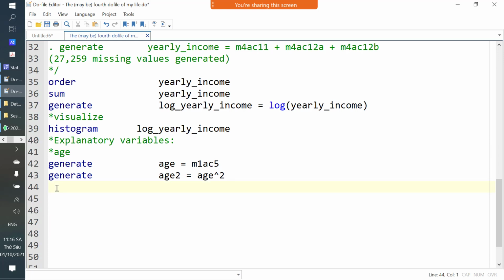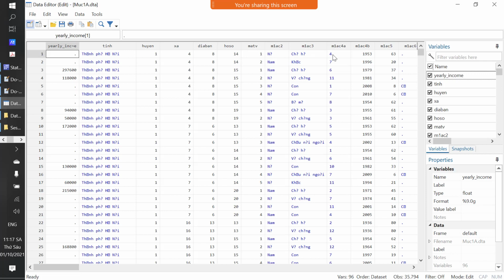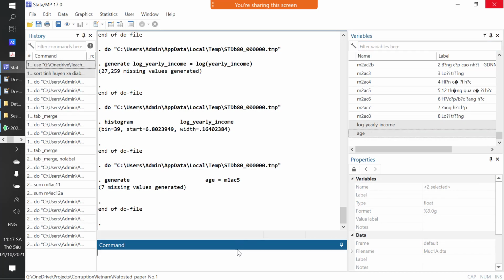Now it comes to the key message: gender. Ladies and gentlemen, gender is in M1AC2, so it's tab